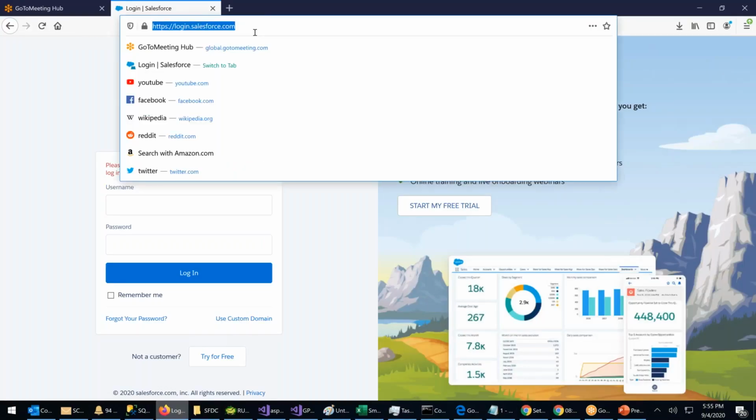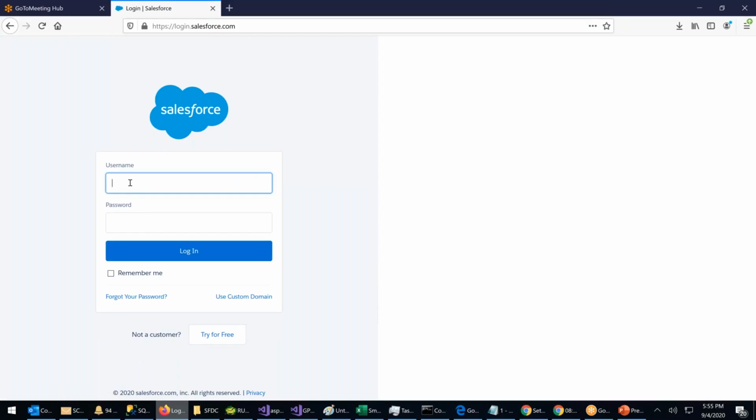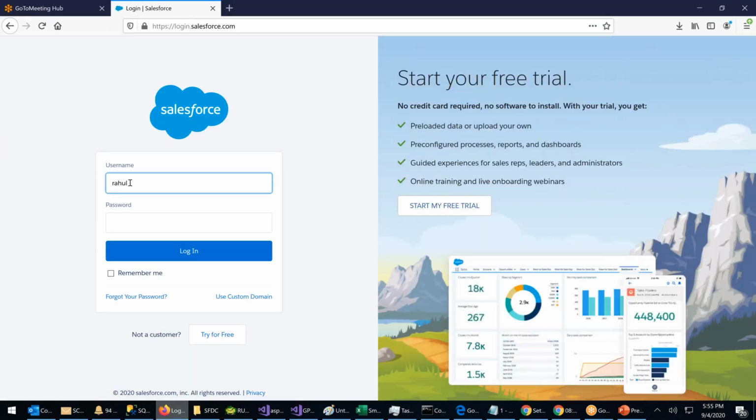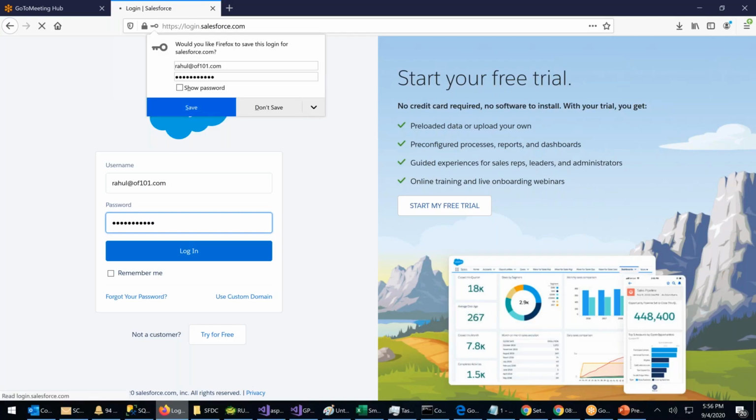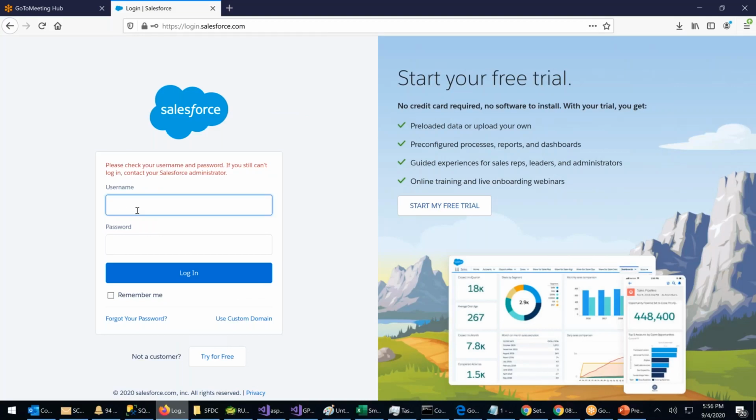Firefox. Yes. Rahul @of101.com. Password, right? Dravid 1234 hash. Nope, it has not yet activated. Rahul @